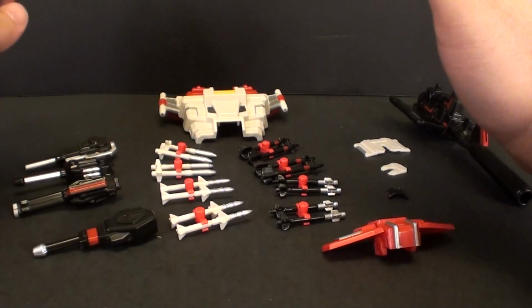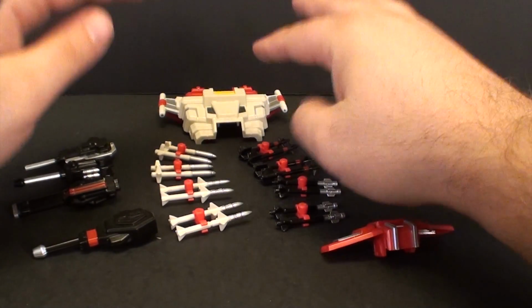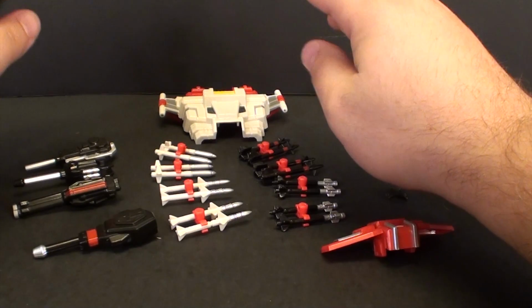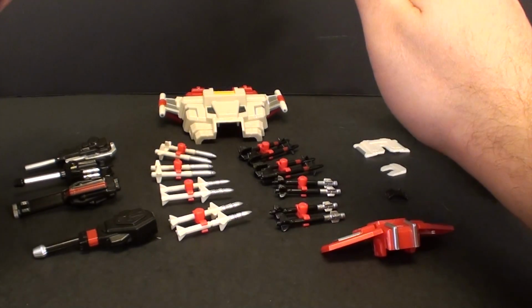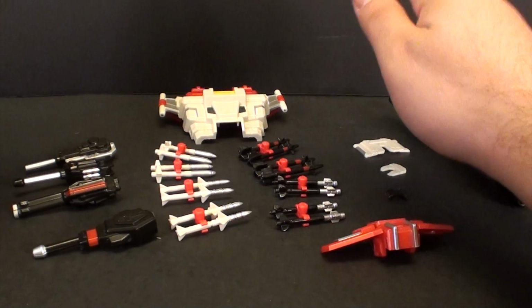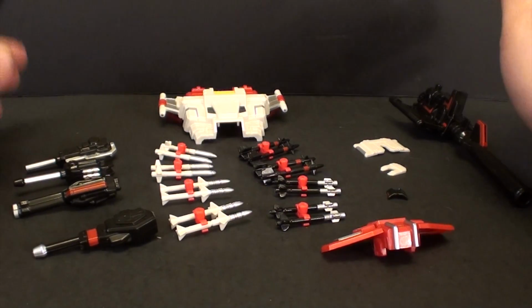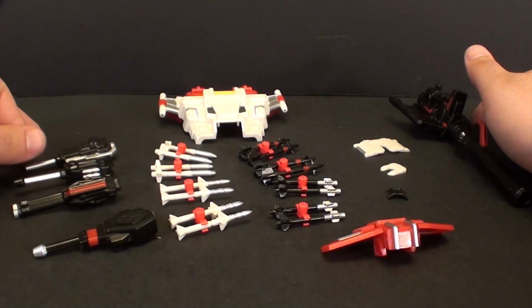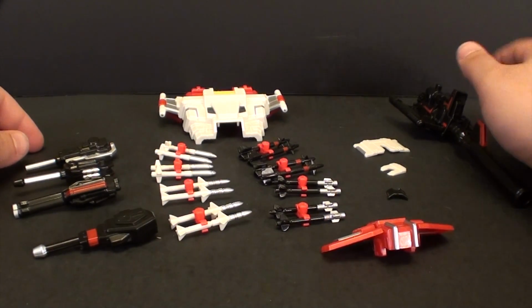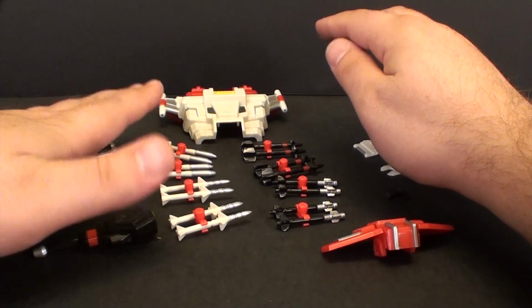So right here we've got all the weapons laid out before us, and we'll start with the easiest things. But before we go on, considering we have no instructions or anything, you kind of have to look somewhere else. You gotta look at TFW or something to find prototype pictures to see which guns go with who. Otherwise it's gonna take a lot of time to sleuth it out. I'll put a link to TFW below